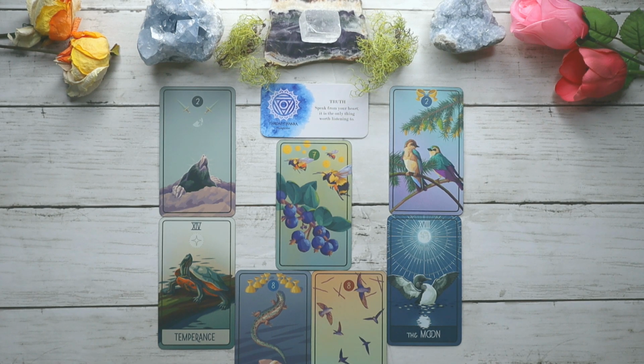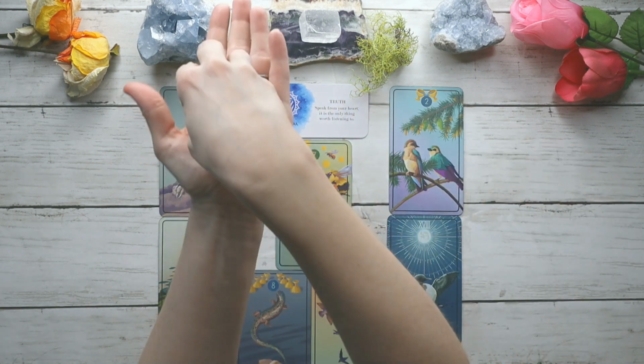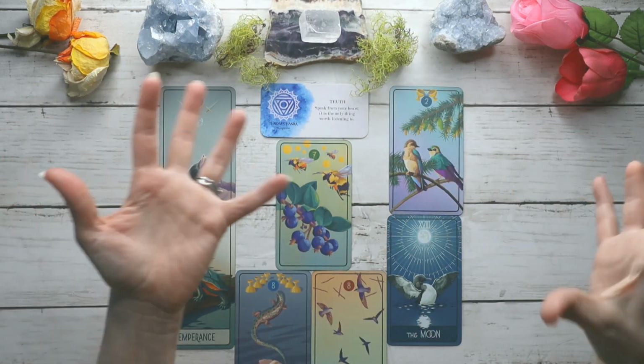So for your outcome card, we have the Two of Cups. So this is soulmate energy. This is hanging out and really building strong bonds and connections with those close to you. It could be multiple people, but it's like you're doing it one-on-one. So you and another person, you and another person, you and another person, rather than those 3 people and you